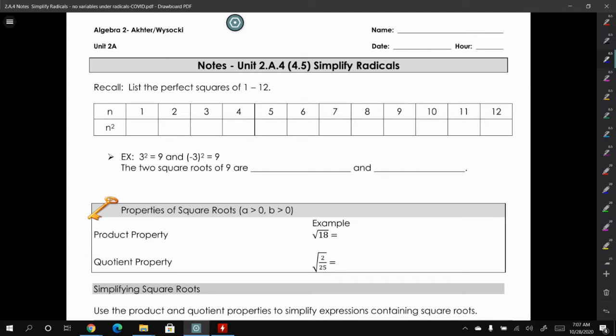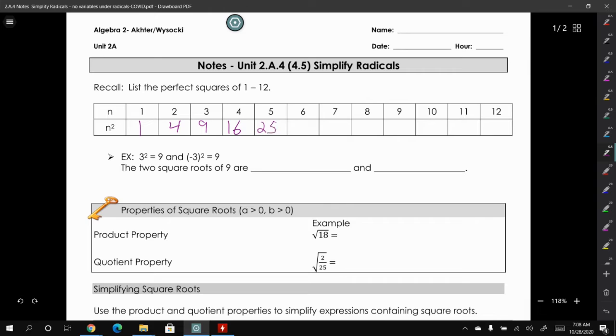Today we're going to be talking about simplifying radicals, or in other words, simplifying square roots. Now, before we get started with that, on the top of our paper, we're going to write out the perfect squares from 1 to 12. So, 1 squared is 1, 2 squared is 4, 3 squared is 9, 4 squared is 16,